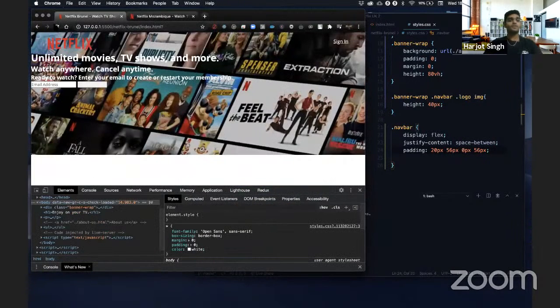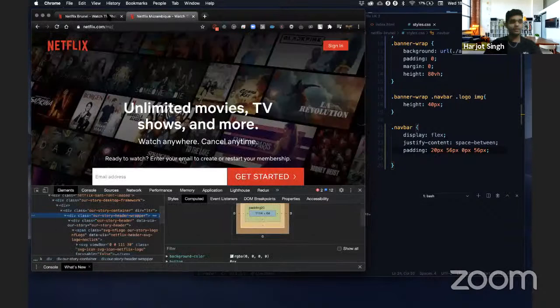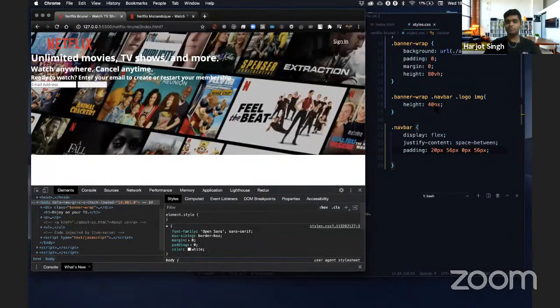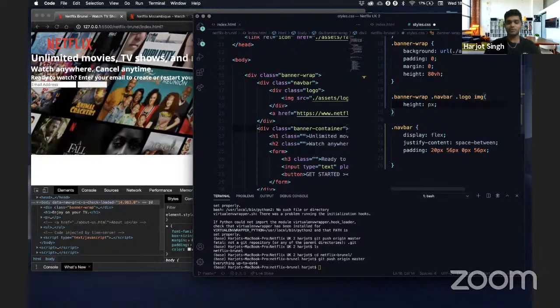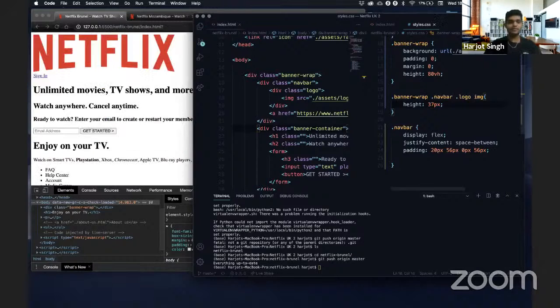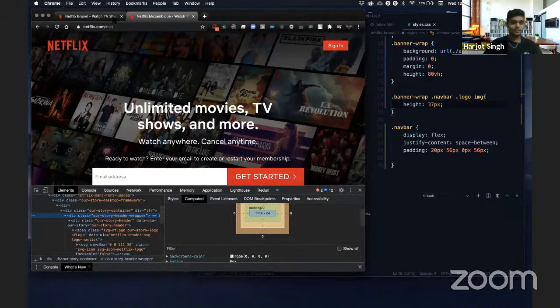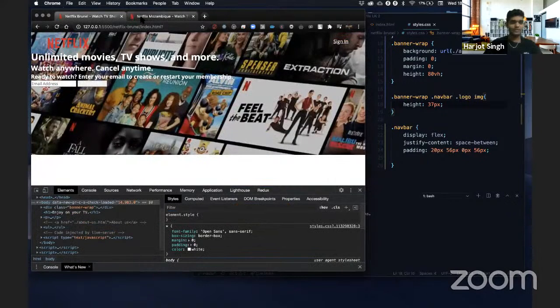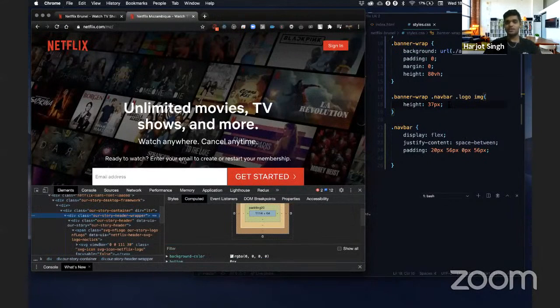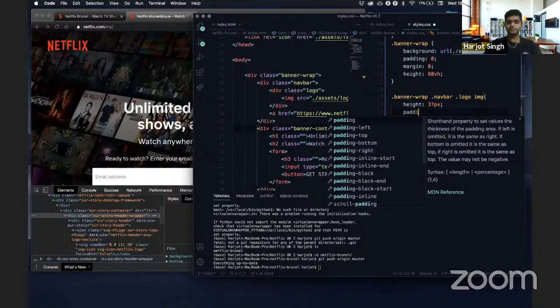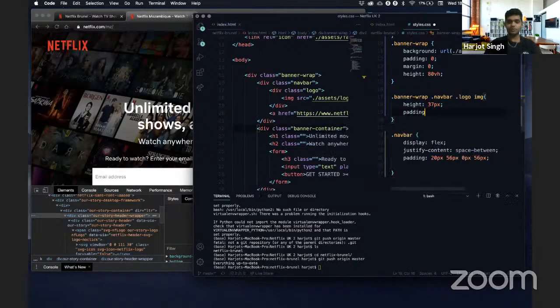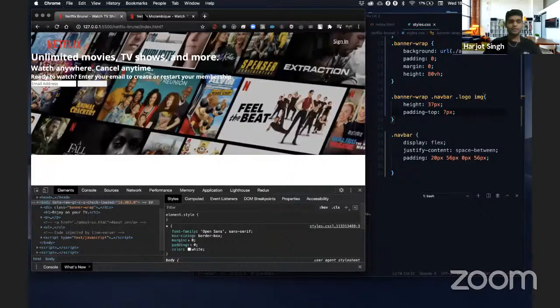And awesome. So the Netflix logo actually comes really spaced well. It's almost there, almost there. I think the Netflix logo is a bit bigger. So I'm gonna change the size to about 37 pixels height. Let's see if it's quite similar now. I guess it's fine. Yeah, it's better. There's actually a padding of 7 pixels on the image itself, padding top. Gonna save that, and